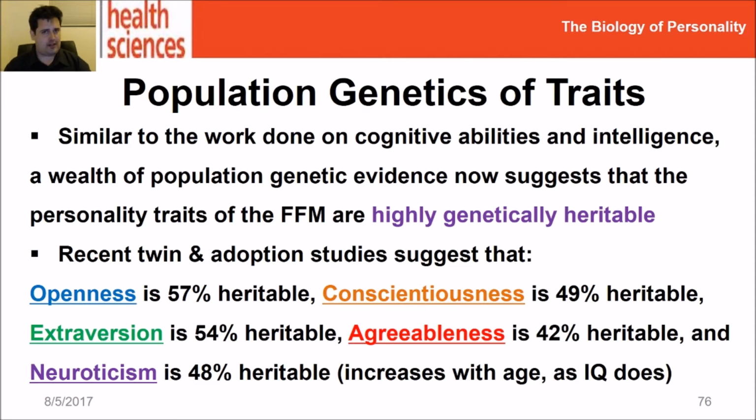Around half of the variation in your personality, half of what makes your personality the way it is, has some biological underpinning, is genetically shared with people who have the same genes as you. I mean, nothing has that good a heritability factor in psychology, with the exception of things like intelligence. General intelligence has sometimes as high as 60% genetic heritability, but even then, that's about as high as it goes.